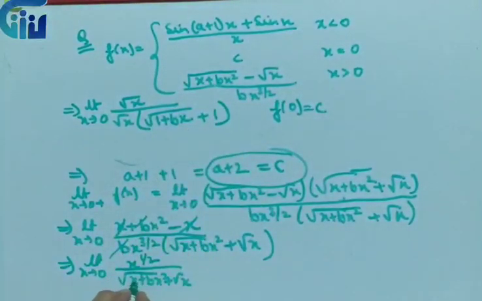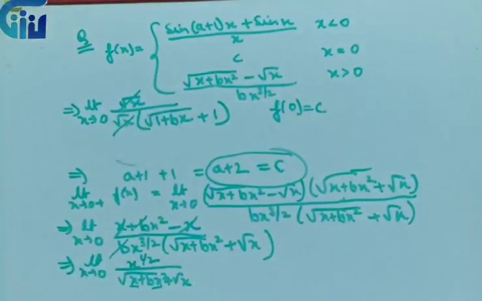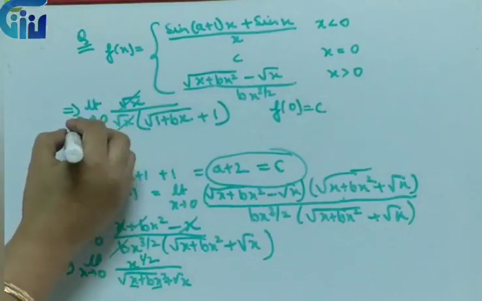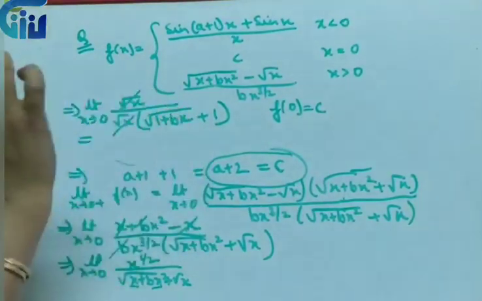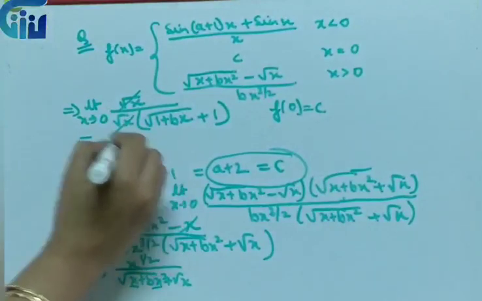So I'll just take root x common from these two factors, and if it comes outside, it will be root x. So we'll have 1 plus bx here, and this will be 1. So this and this will get cancelled. We have to get rid of x because otherwise the limit will tend to infinity, right? Now if I put the value as 0, what am I getting? This whole factor will go. So 1 upon 1 plus 1, that is 1 upon 2, right?